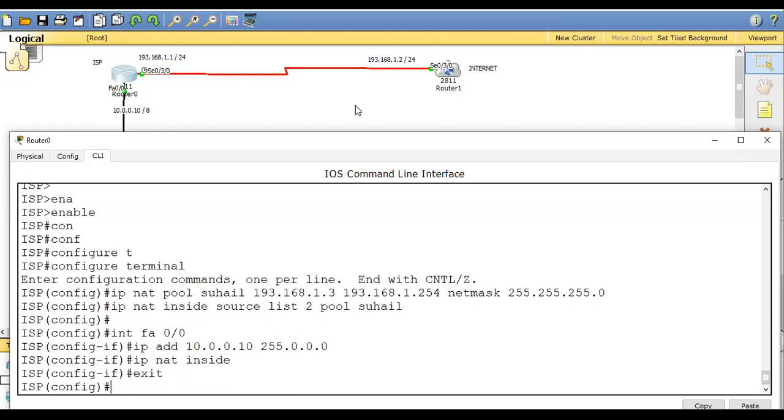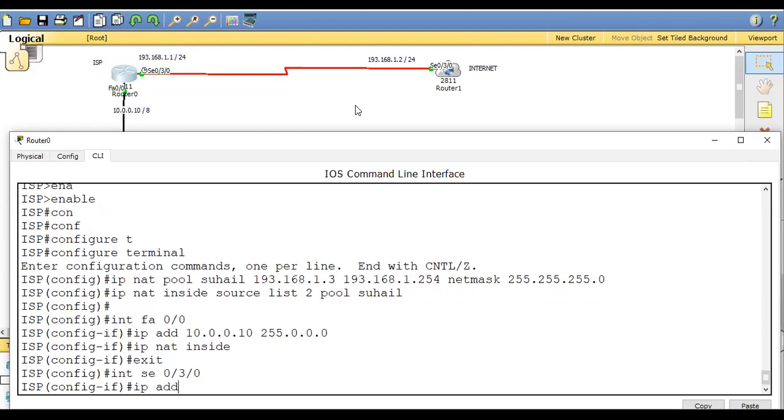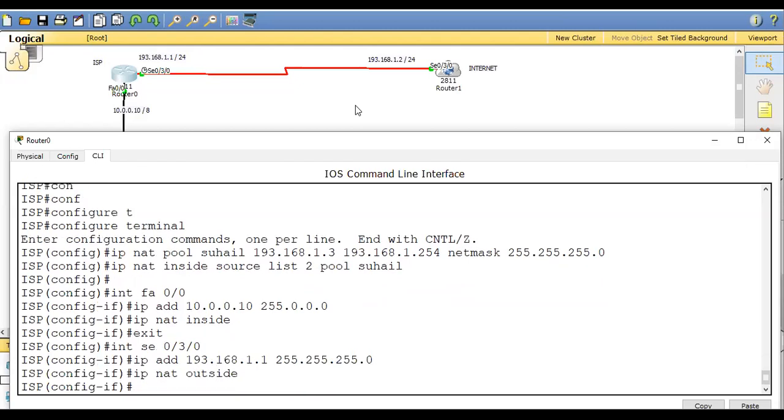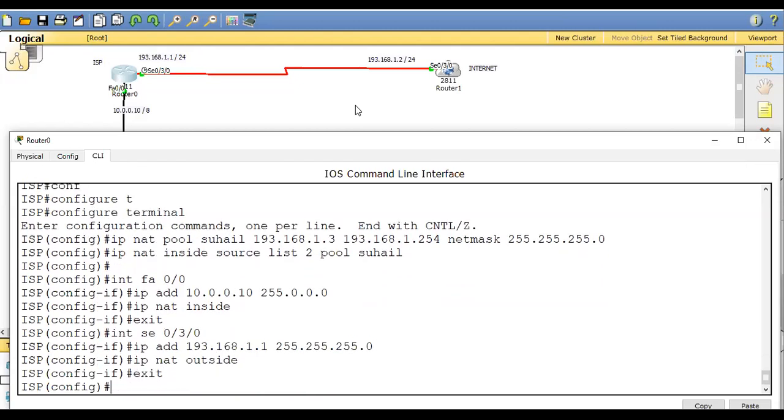And exit, and just go to the serial port, interface serial 0/3/0, IP address 193.168.1.1, 255.255.255.0, and ip nat outside. All right. So I have configured the NAT, but I have to create an access list because I don't